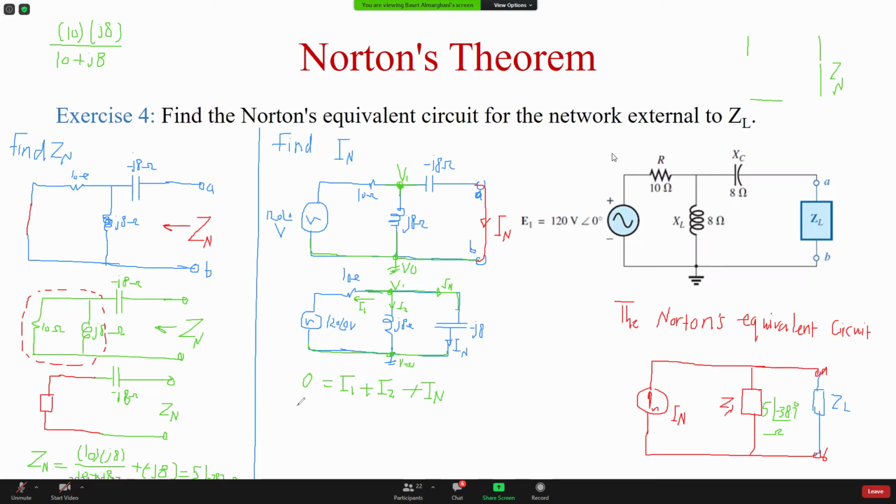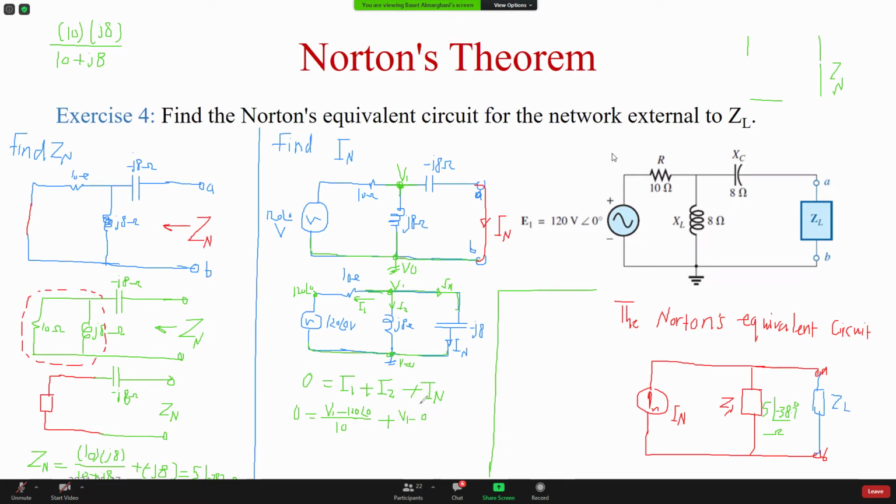From here, I'm gonna write the voltages. V1, current is leaving the node, so it's V1 minus the voltage here, which is 120 angle 0. So V1 minus 120 angle 0 divided by 10. Voltage divided by the resistance plus, I'm gonna finish it here. V2 is V1 minus